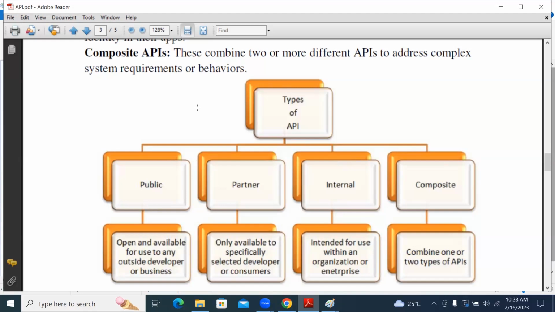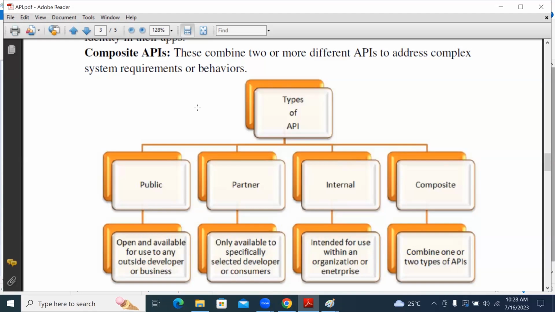If you look at this diagram, most of the time in interviews you can expect these questions: what is meant by public API, partner API, internal API, and composite API?